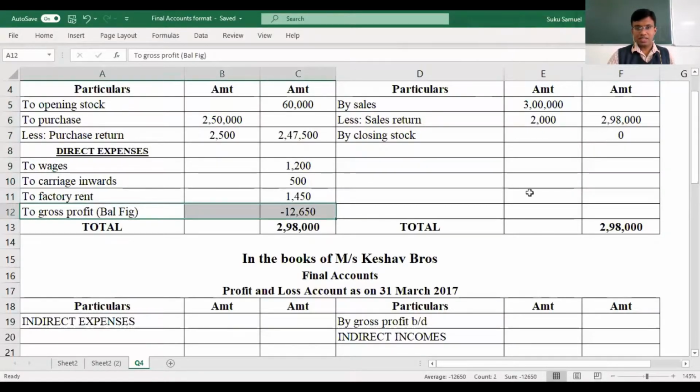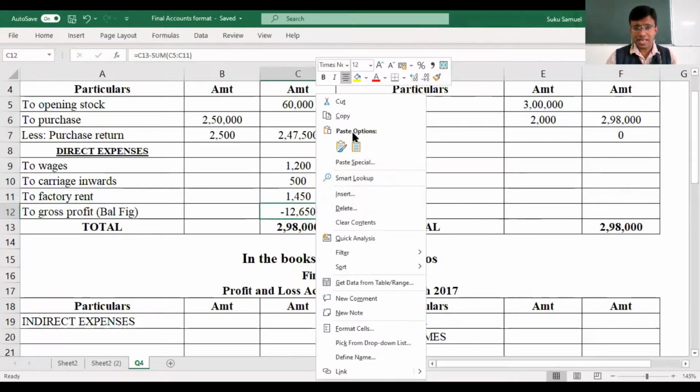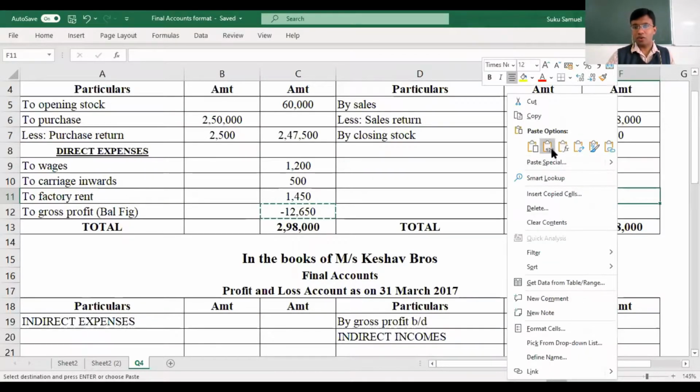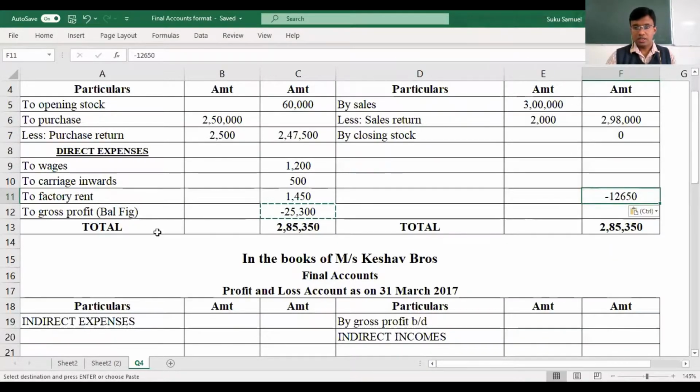So the credit side is more than your debit side, which means the balancing figure in this case will be falling on the credit side. Why is it falling on the credit side? Because